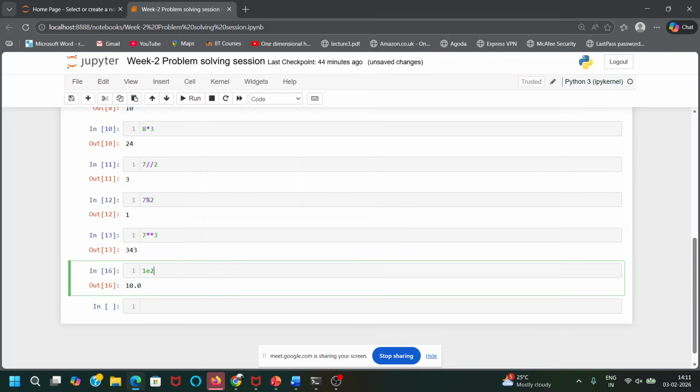If I write 1E2, then it represents 100, like that. So this representation is used. E is nothing but 10 to the power of whatever comes after the E. Like 10E4 means 10 into 10 to the power of 4. If you have 10E minus 4, then it means 10 into 10 to the power of minus 4. But that is something very advanced.